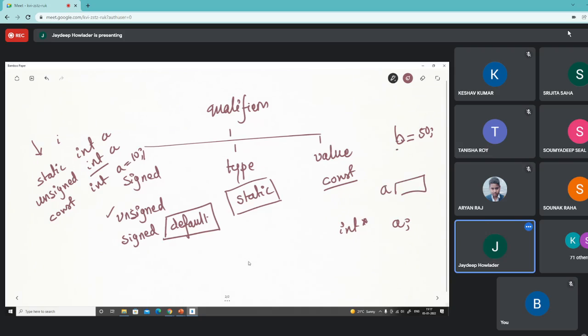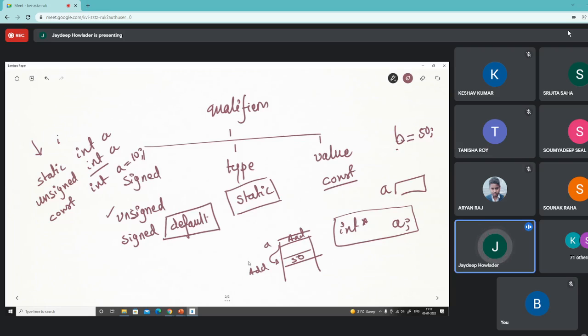In my memory, the variable b is stored at some address. And now a is a variable which basically captures the address of this b. And then we call this an integer pointer. In future classes, we will discuss more about these things.